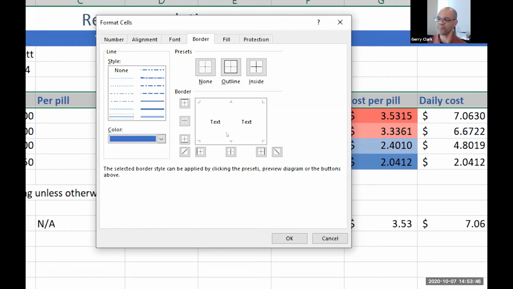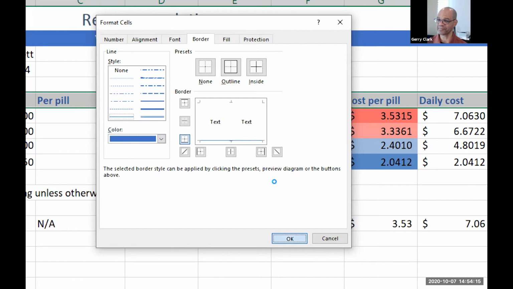You can turn that on one of two ways. You can either click inside this little preview box on the bottom, and you see it puts a line there along the bottom, or you can click on the little button here that turns it on. They both do the same thing. The button toggles it on or off. Clicking on the preview toggles it on or off. I like to click inside the preview, but it doesn't make any difference. To toggle that border on, so if you've been toggling like I have, be sure you toggle it on,